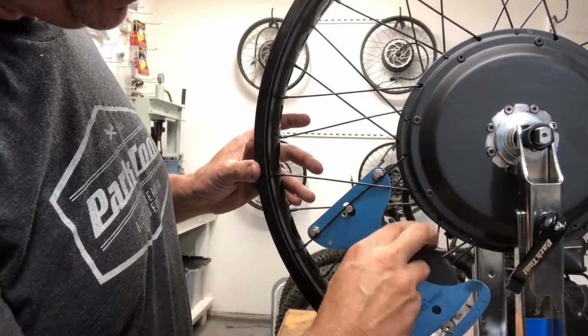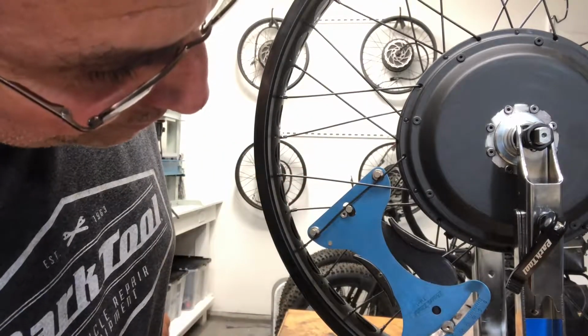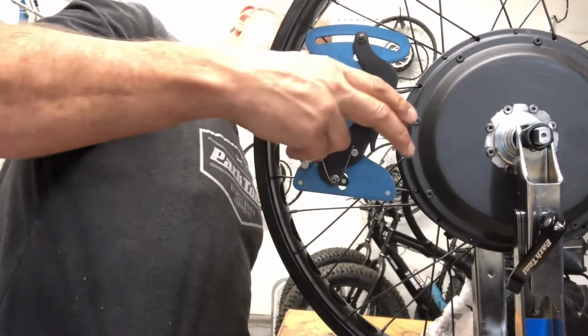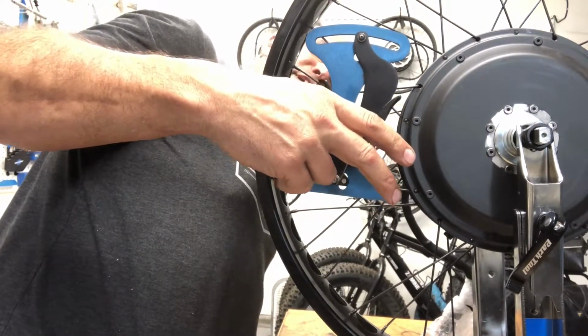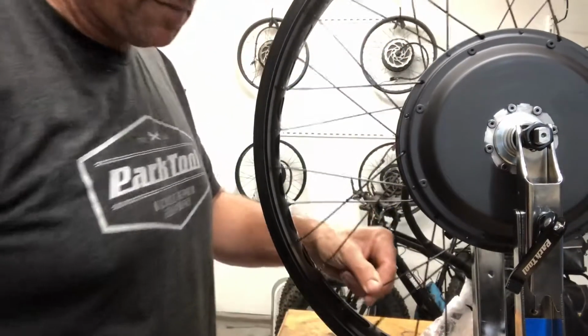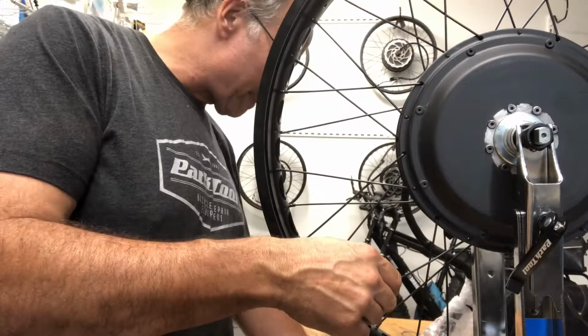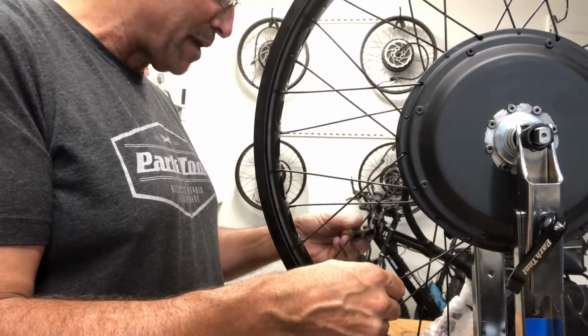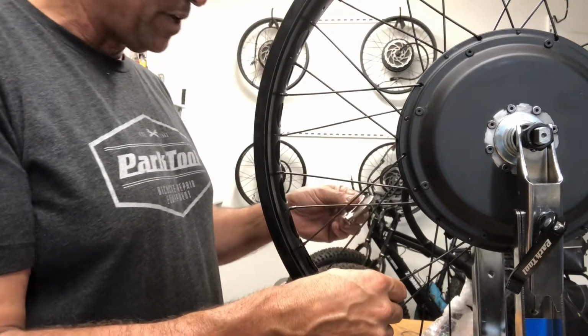So now what we got here is 24, and this one here is coming in at like 21.2. So this spoke that my finger's on needs to be tightened. Now these two nipple wrenches that I have, this one seemed to be stripping my nipples a little, but this one here